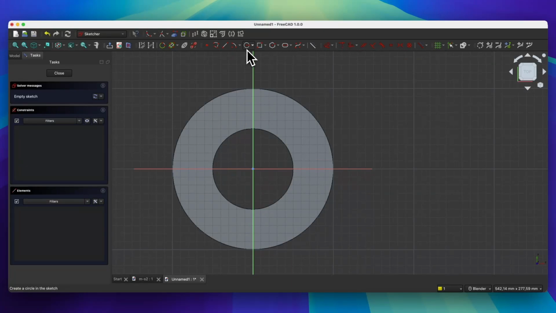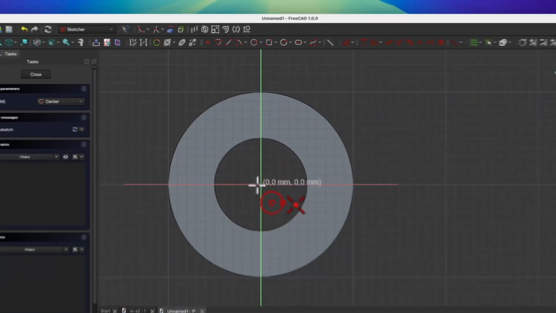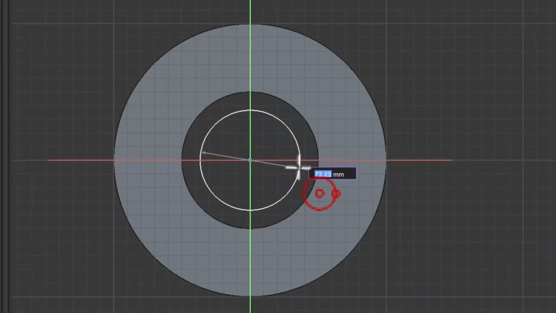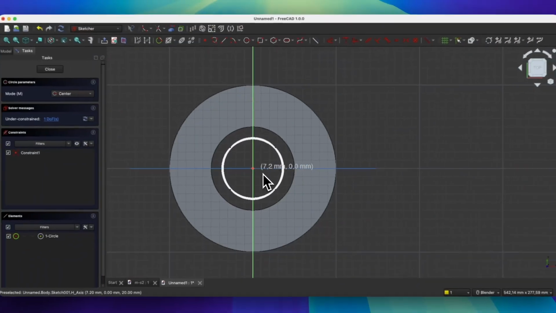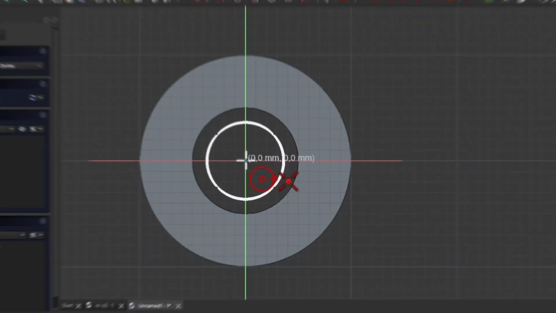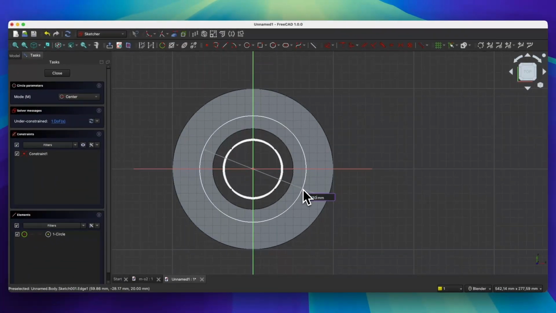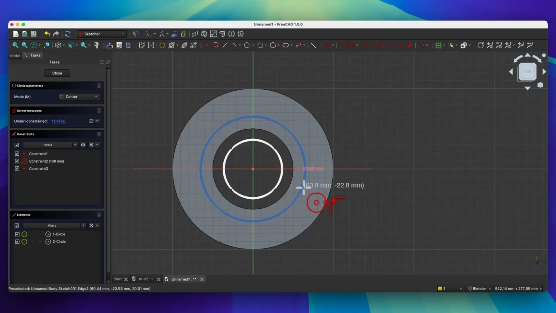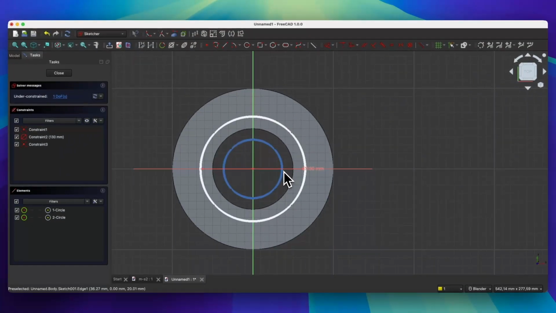Select Circle Drawing tool. Place the center of the circle at the origin point of the coordinate system, and let's draw a circle with any diameter. And now draw the second circle. Click here and enter 130 millimeters for the circle's diameter and press enter. Right click to cancel the circle drawing command,